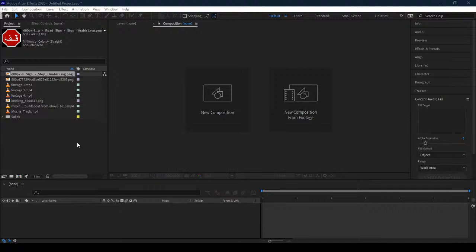So what we are going to do now is, if you remember, previously we did some motion tracking. The motion tracking that we did previously was using the standard, After Effects built-in motion tracking. Now we will see how we can do a better motion tracking on the same thing using Mocha AE. So simple, what we need to do here is that